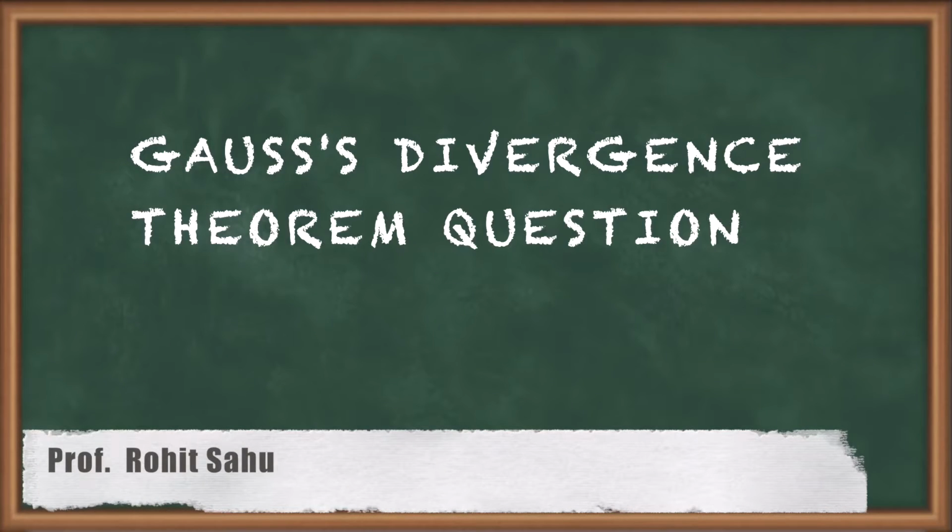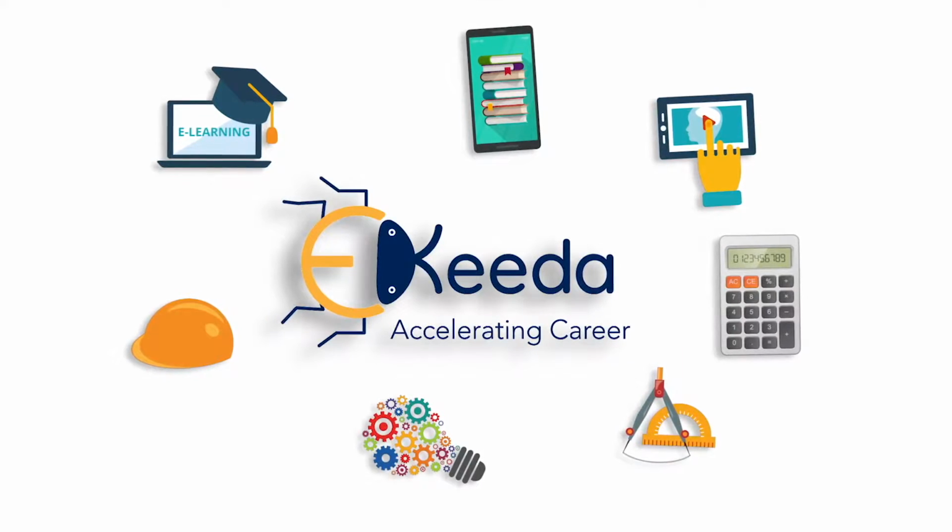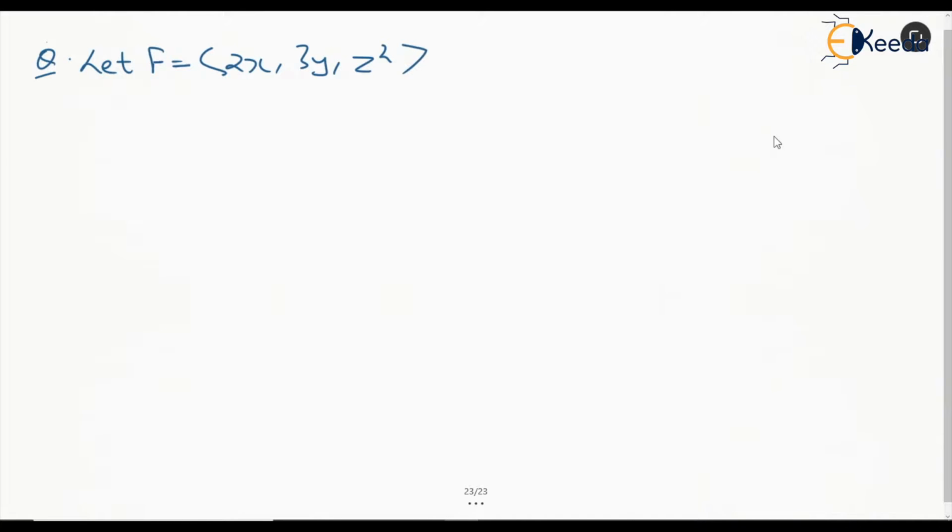Hello everyone. In this session, we'll discuss another question on Gauss's divergence theorem. So it says, let f be 2x, 3y and z square, and three-dimensional body